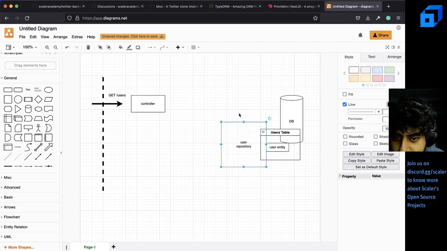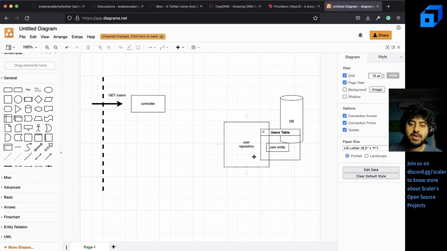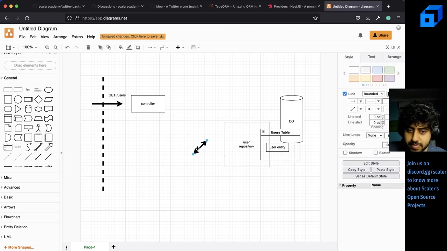So fill, if I don't fill it, okay? So the user repository is sort of the code via which data is sort of fetched from